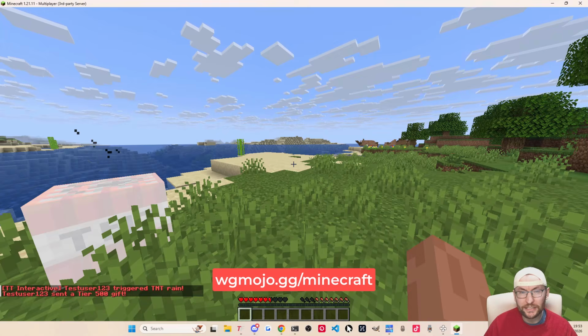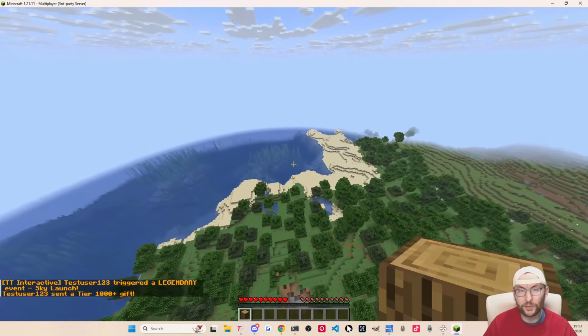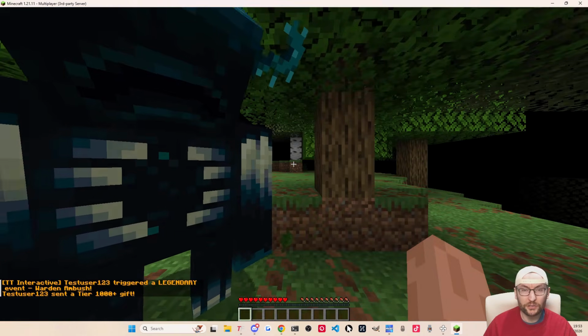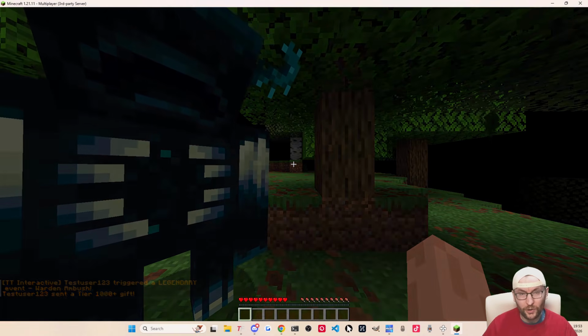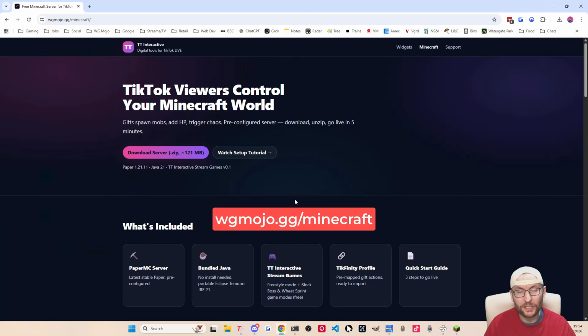TikTok Live interactive Minecraft is now easier than ever to set up. Your viewers can trigger any Minecraft command with gifts, follows, superfans, likes, and more. I will even give you pre-configured commands. So let's get on with the setup, and all you need is a paid version of Minecraft Java on a